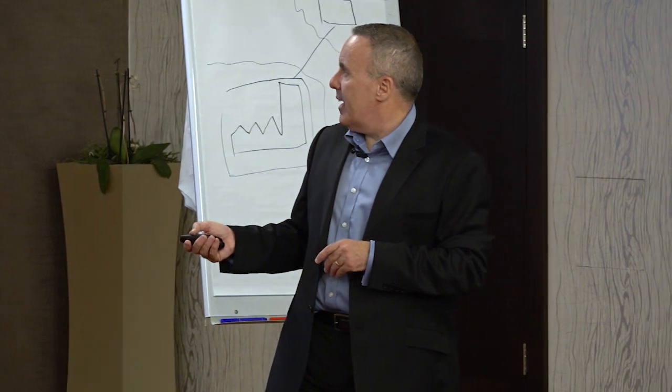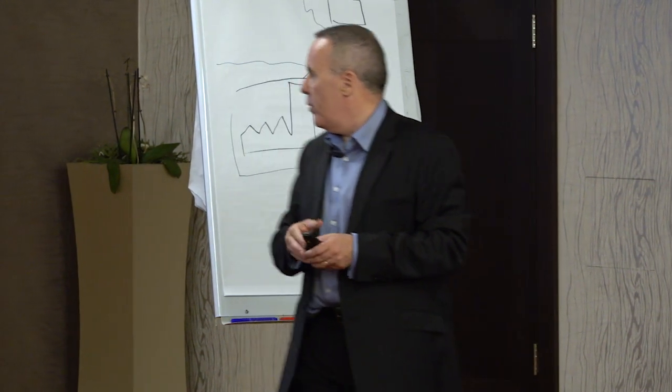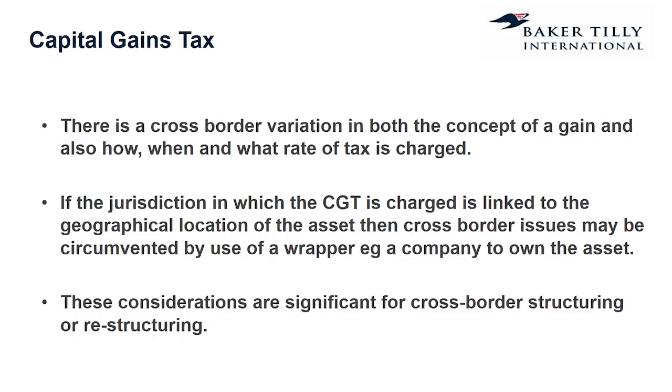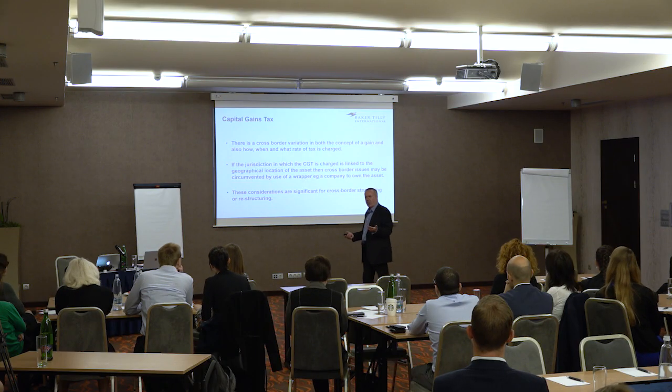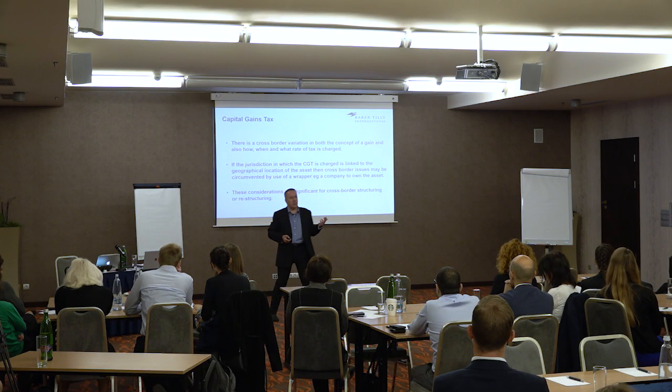I'll just say a little bit about capital gains before we finally talk about the multilateral instrument. Taxation of capital gains, and the cross-border taxation of capital gains, you would think would be quite easy, wouldn't you? Because if you're selling an asset, disposing of an asset, then all you've got to do is look at where that asset's located and tax it there, yeah? So that looks absolutely fine. And that's what most jurisdictions do.